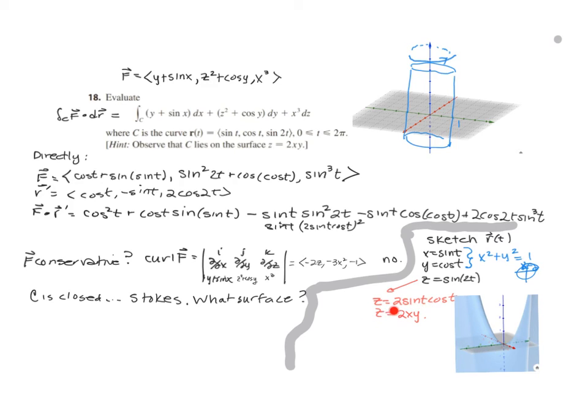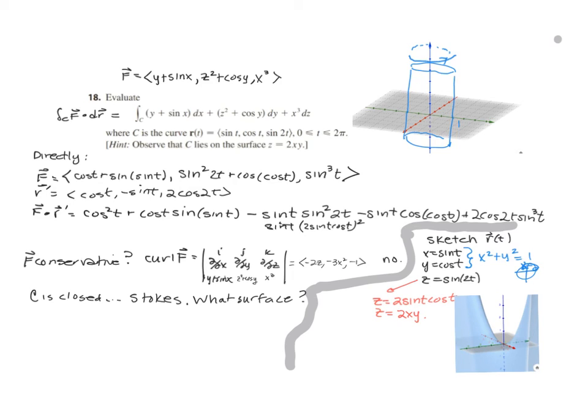So I don't really know what this looks like, but it is apparently a surface on which our curve lies. Now I graphed it just to get a better feel for it, if it helps convince you. This is the surface z equals 2xy, and if I took this cylinder and I put it on here as well,